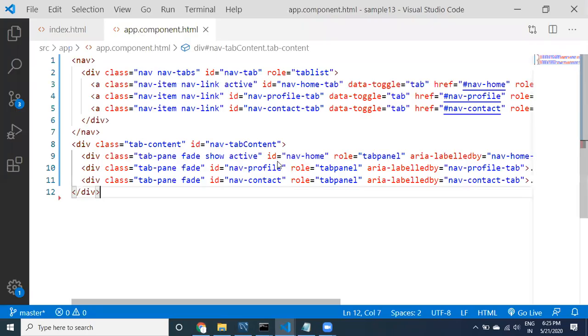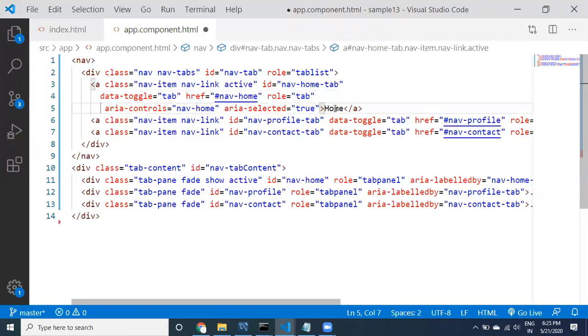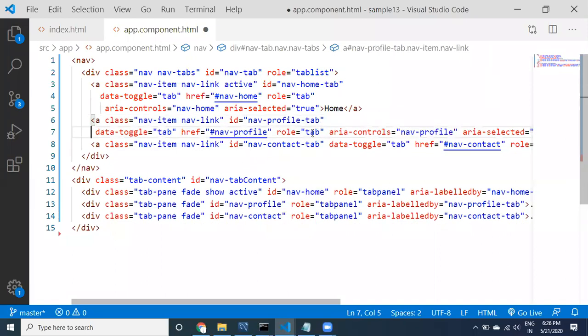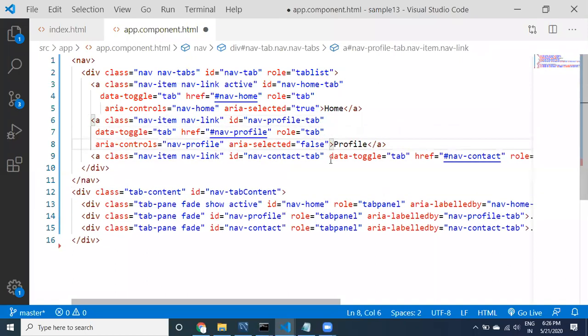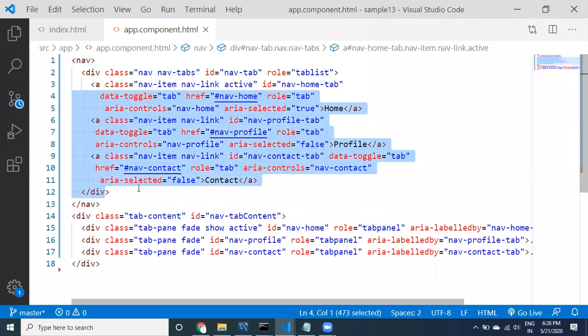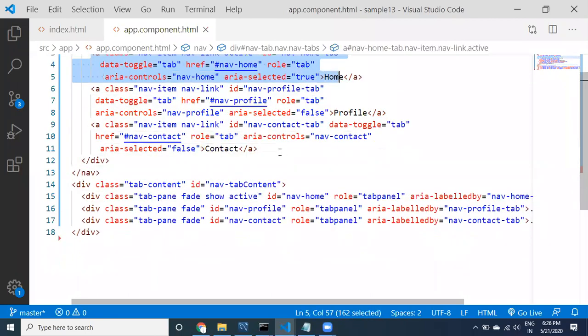Maybe you can come to here, and then app component. Let us look at how it is going to work, I'm going to tell you clearly. If you observe carefully, this is the profile, this is the home, and this is the contact. We have 3 items in the div, and whenever the user clicks on a particular one, it is trying to show the information available in the